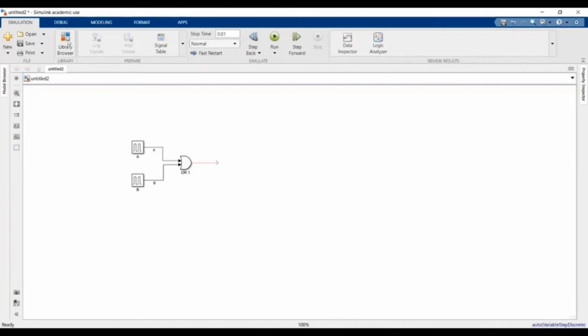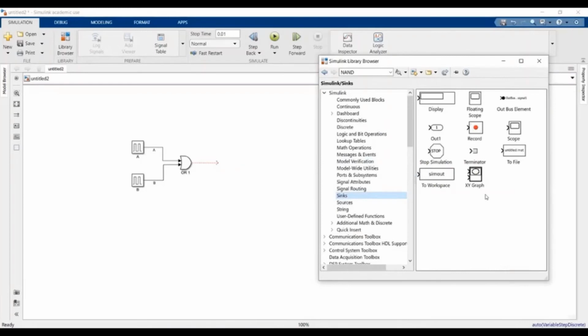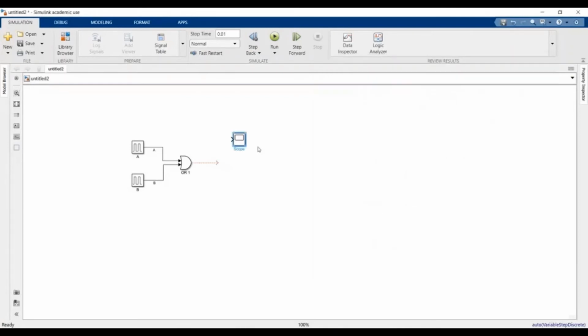behave. So to do that, I can go back to the sync, and then I can pick up a scope. So this scope will work just like your oscilloscope in the lab. Okay, so at the moment, the default, this scope has just one input. You can change the number of input to be displayed